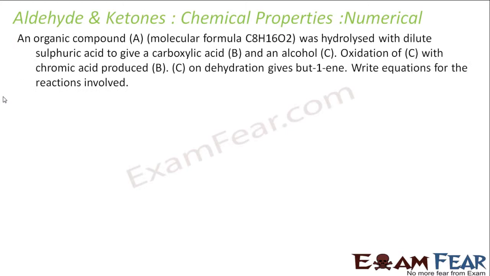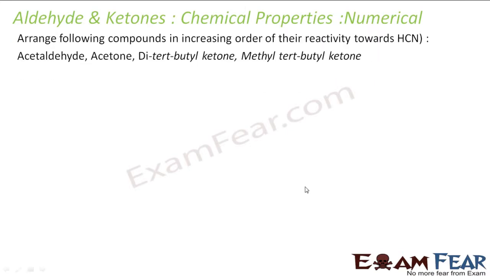Let's take another example. We have to arrange the following compounds in increasing order of their reactivity towards HCN. CN minus is a nucleophile, so we have to see which one is more reactive towards a nucleophile. We have seen this. There are two effects: steric hindrance effect and the plus I effect. Let's first draw the picture of this. Acetaldehyde